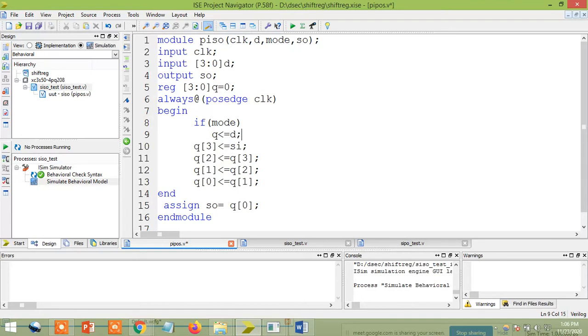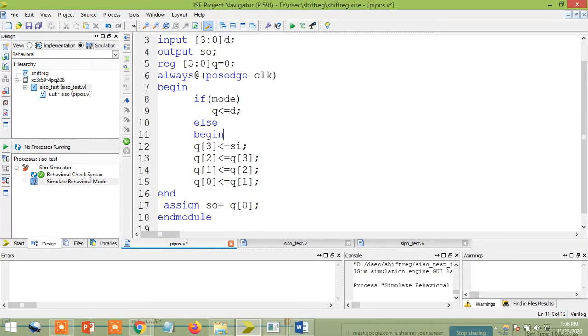That's all. In the test bench program, I'll give the value of D. From there, directly I can get it from this. Clear? If mode is equal to 1, then Q is loaded with the value D. Else, you need to do the shifting operation, normal shifting operation. Because there are many statements in else, we can use a begin and end. Again, one more begin I need to use, and here I need to use one more end. That's all. If mode is 1, all my D values go to Q, meaning D of 3 to Q of 3, D of 2 to Q of 2, similarly D of 0 to Q of 0. Else begin, normal shifting process only, same thing we are doing.